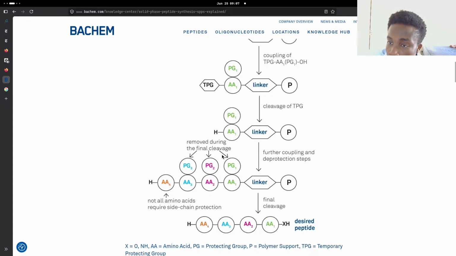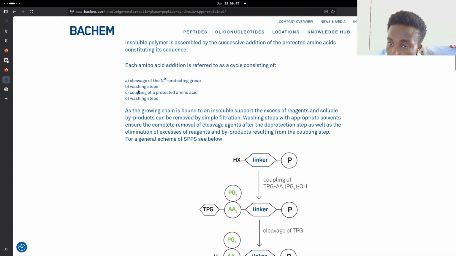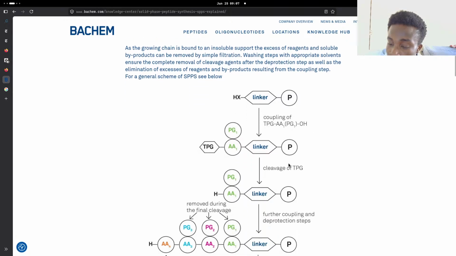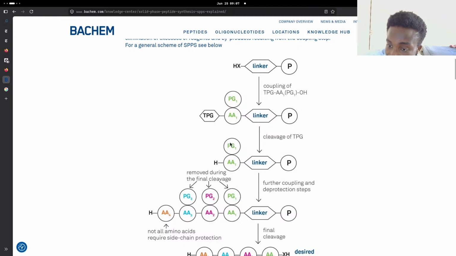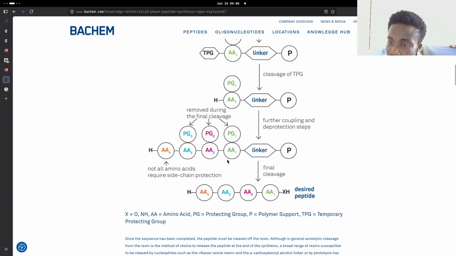We then wash the reaction so that we don't have any more cleavage solution in there, and then we have these exposed sites for an incoming amino acid to bind with their own respective protecting groups, and then we repeat and repeat. So by the time we're done, there should be a